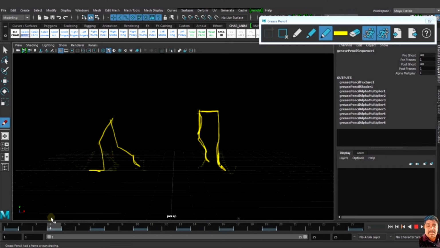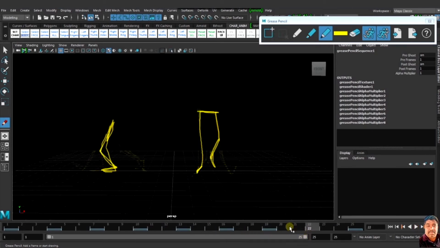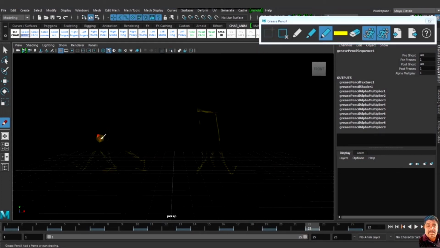So the animation is like this. Passing, then here it is the up pose again. Again the up pose, it is like this. Here it is the up pose.